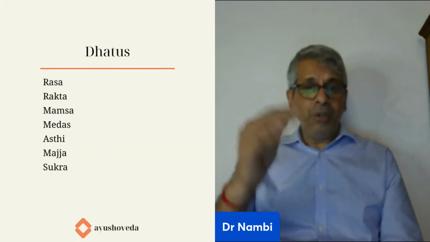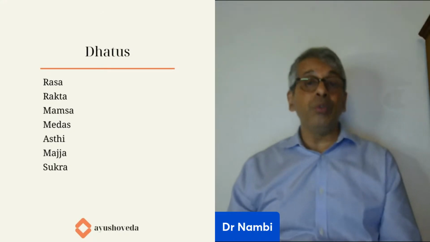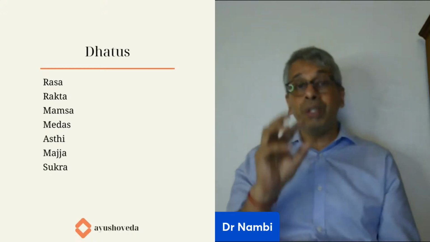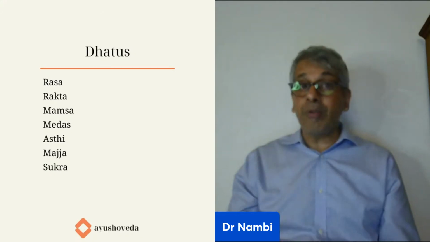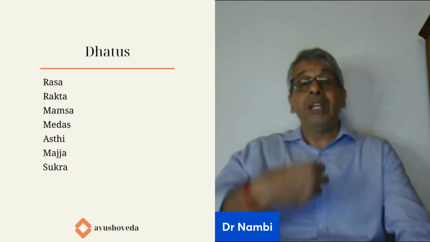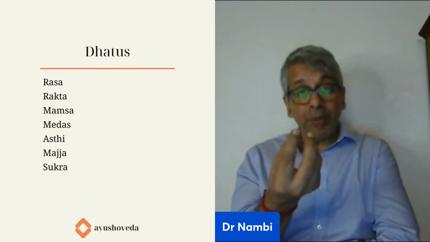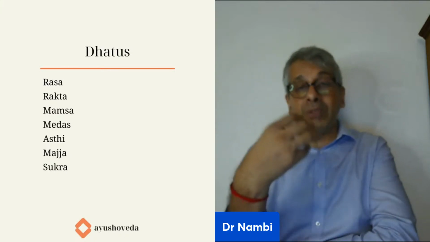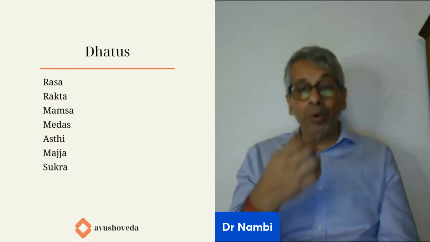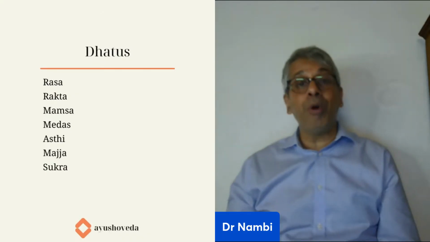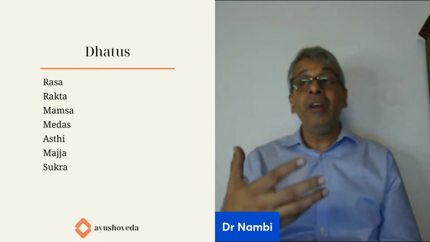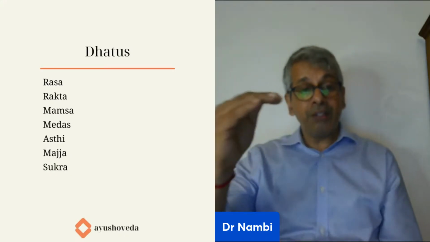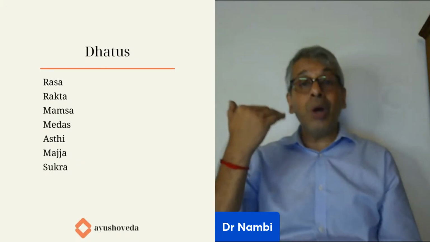Okay, now when you look at the dhatus, we have got the 7 dhatus. And we know that each and every dhatu is formed in order. The first dhatu that is formed is rasa. The whole body starts from the nourishment from the mother's food, right? That's how the body starts. The single cell gets nourishment from the body. That is rasa. And then that nourishment fills, and then the rakta, the blood comes, and the muscles come, the fat, and then the bone comes. So that is the order in which the body is getting created, and further as we live, that's the way it gets nourished also. So rasa to rakta, rakta to mamsa, mamsa to meda, medas to asthi.